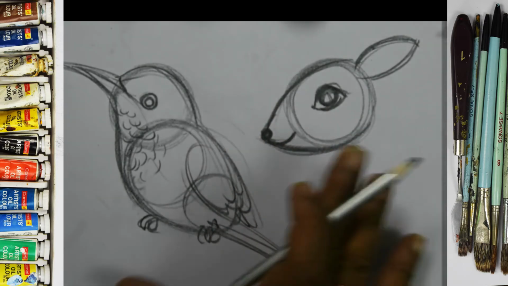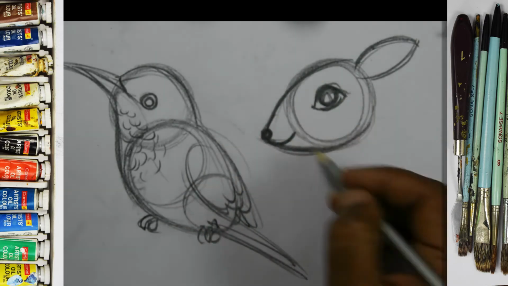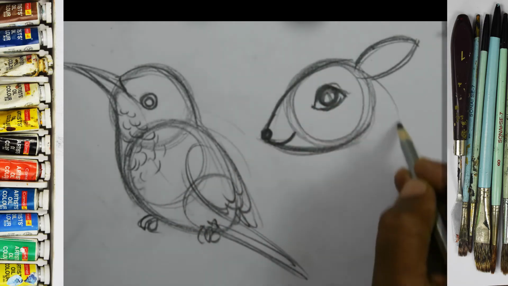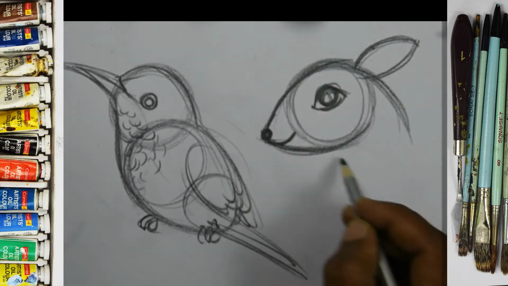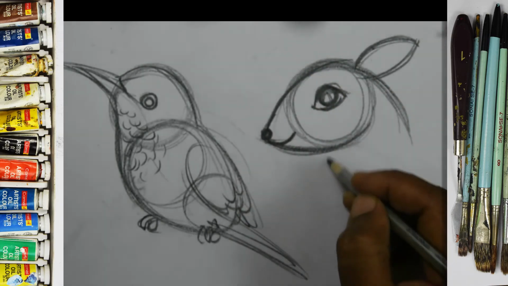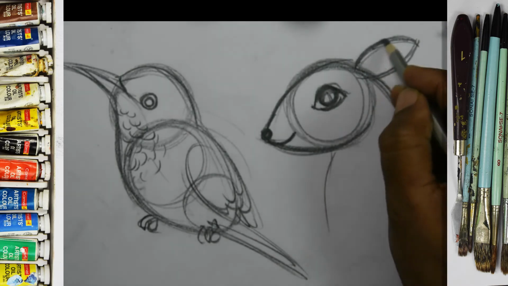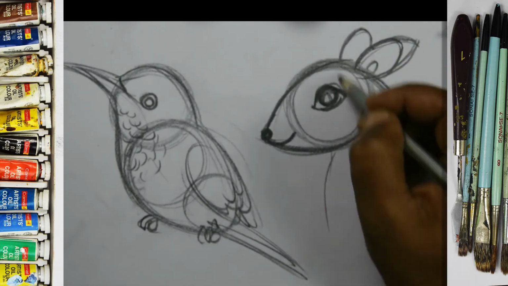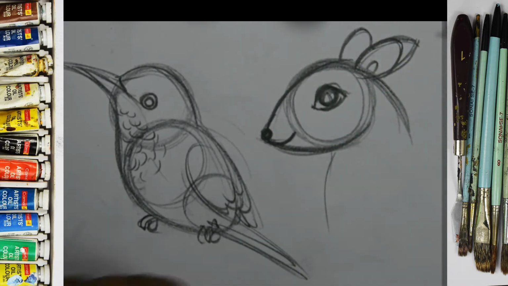Now I show a little fast the power of the circle. What is the power of the circle? The circle theory. Okay. So now I make the squirrel kind of character. Like this. If you want to make a deer, any bird, any fish, any animal, suppose I want to make the baby deer. See, make a circle first. Go up over here, make another circle over here.